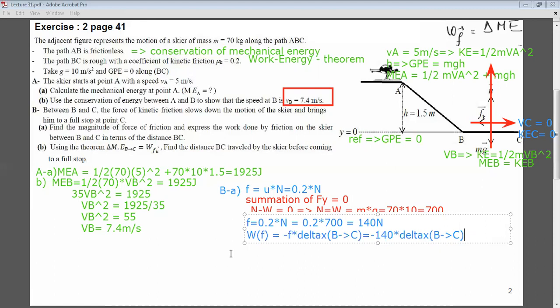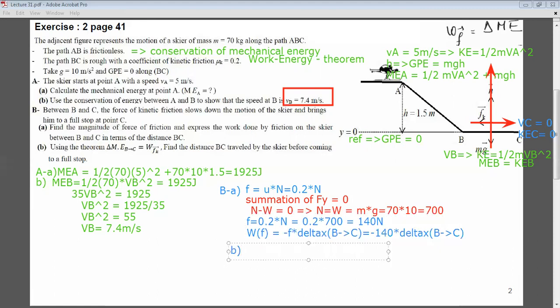Finally, part B, using the theorem, delta mechanical energy from B to C equal work done by friction. So this is our work energy theorem, okay? Find the distance BC traveled by the sphere before coming to a full stop. Now, what is delta mechanical energy from B to C? Remember, mechanical energy is nothing but mechanical energy from B